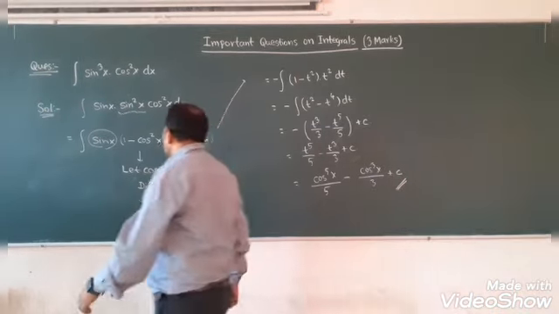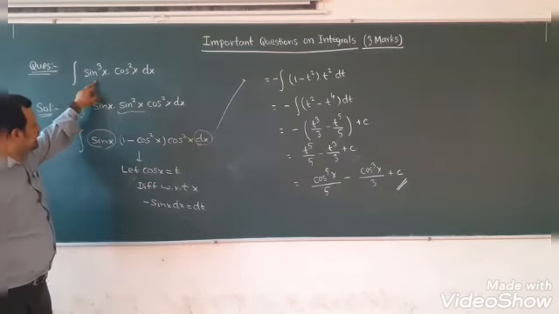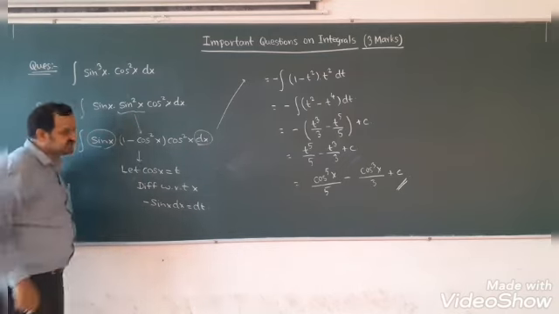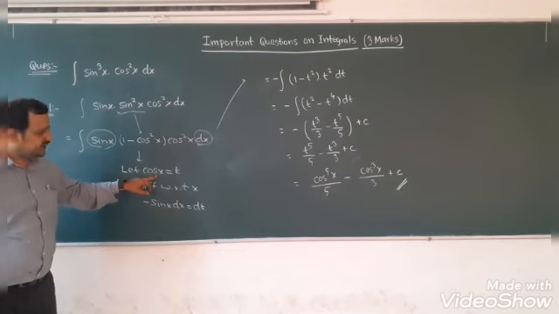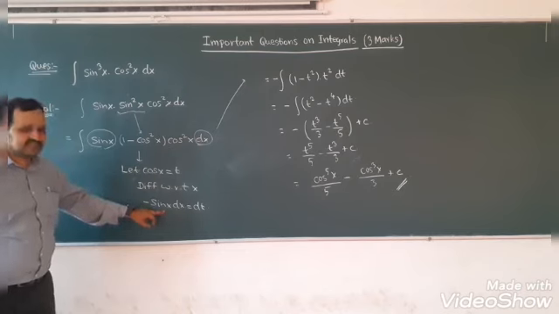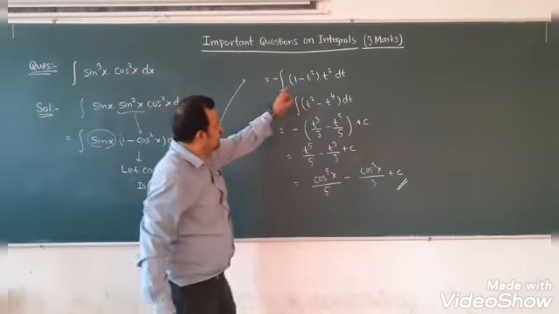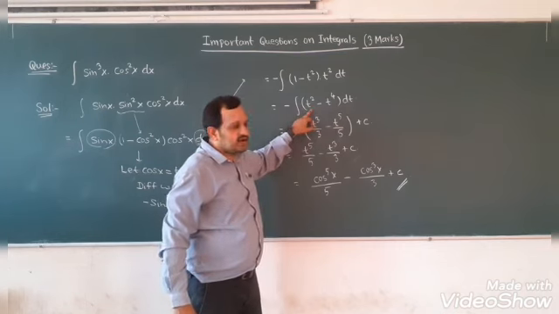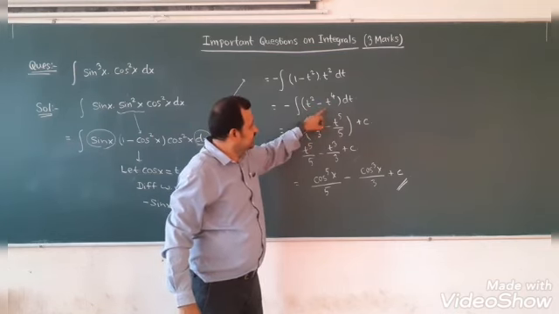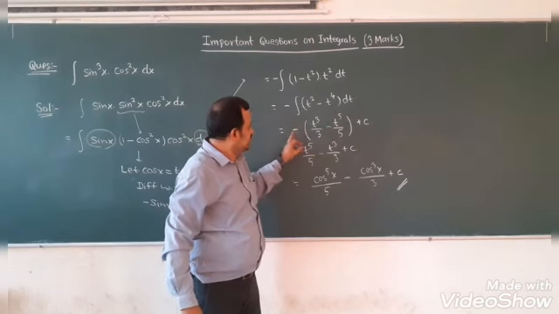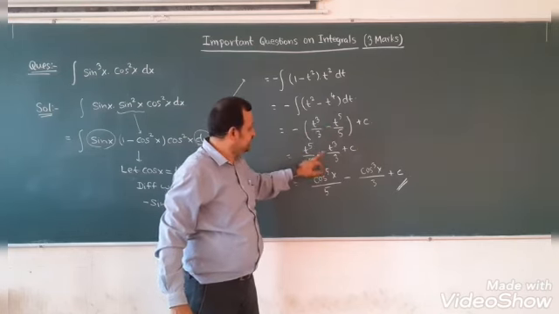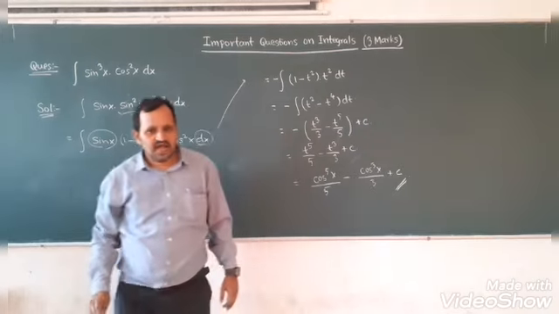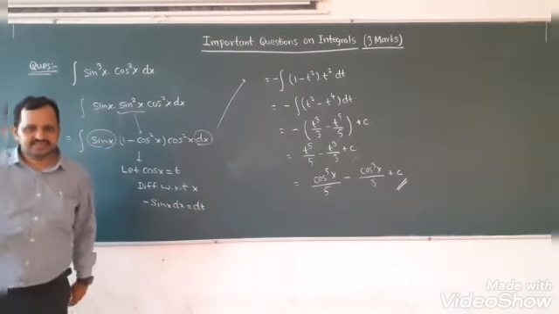So what we have done in this question is, this sin cube x we can write as sin x into sin square x. This sin square x we can write as 1 minus cos square x. Assume cos x equal to t. Differentiate: minus sin x dx equal to dt. Now 1 into t square, into t square, t power 4. Integral of t square is t cube by 3. Integral of t power 4 is t power 5 by 5. Now this minus you shift inside, you will get this. But t is nothing but cos x. So this is the required answer. I hope the solution is clear. Let us see the next question.